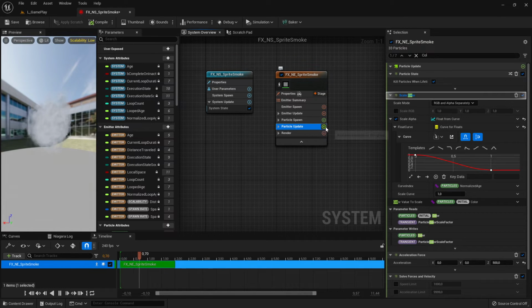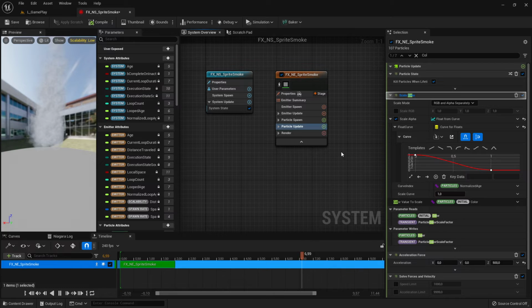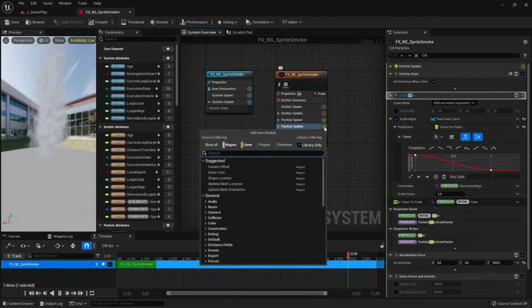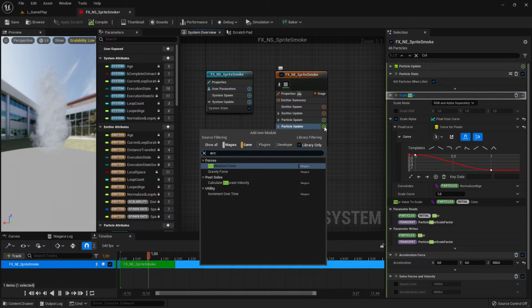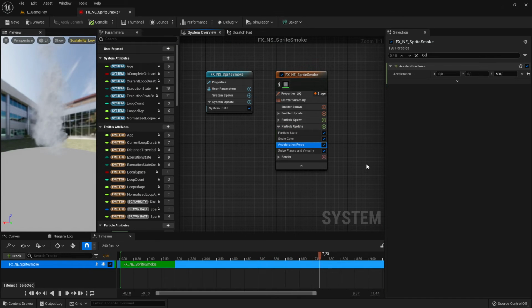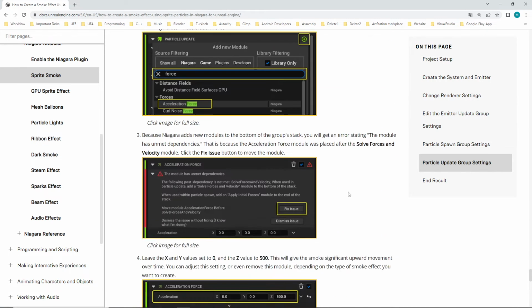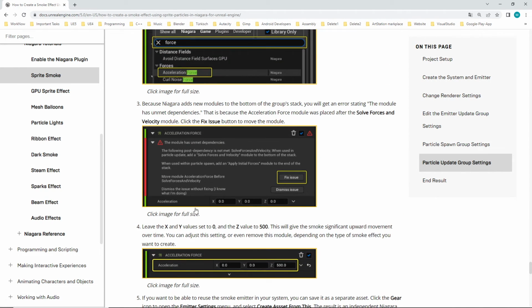Again, you select this one. You can select plus here and search it here as well. And it's called, what they add here, acceleration. Okay, they add an acceleration. You write acceleration here, it should pop up, and acceleration force, you add this. I already have this. I click this, and then you can set up here the force that you need. They set it up to 500, and they say there is